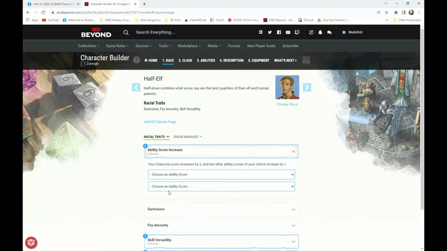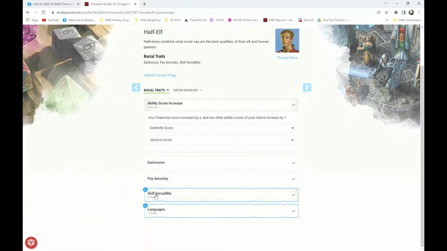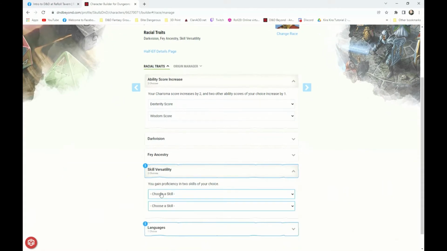for our ability score increases. So I'm going to again choose, as an example, dexterity because we want to be quick because we're an elf, and then maybe wisdom is another +1. Again, we can do that. We can do our skill versatility, which again tells us we can choose some additional skills. So I'm going to go with